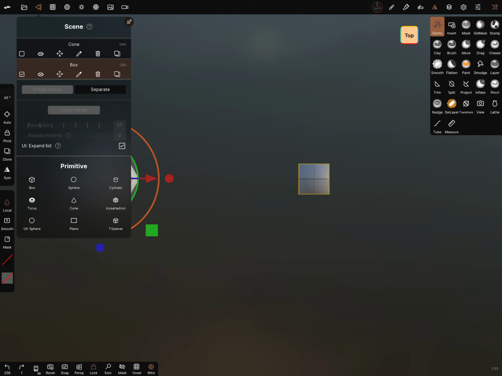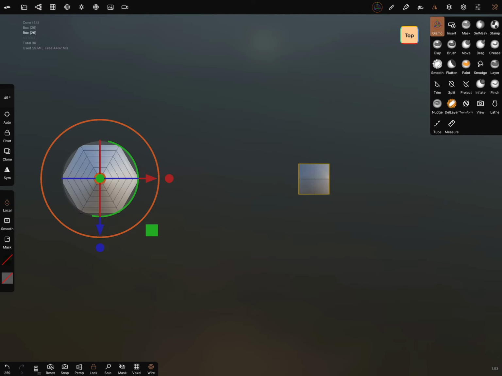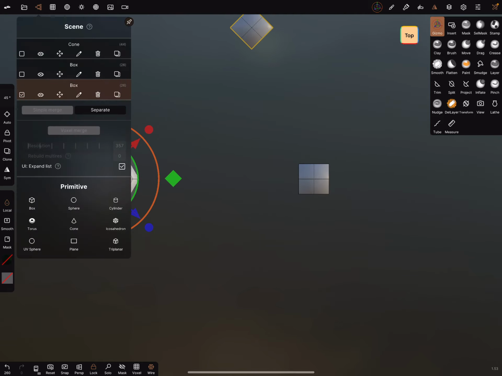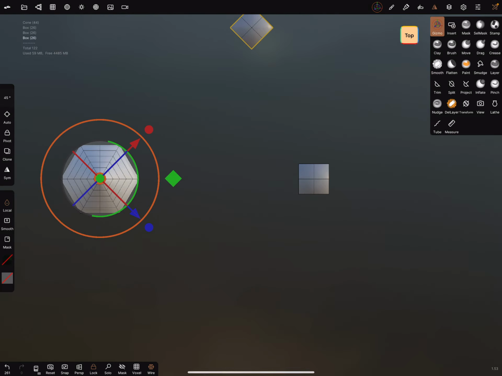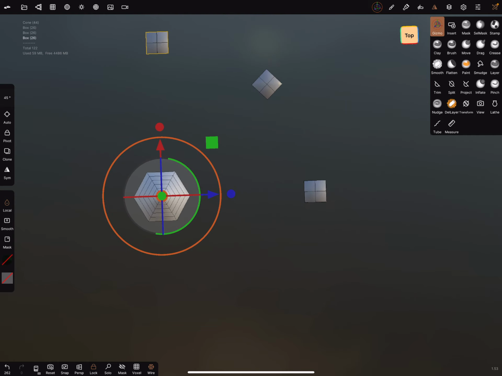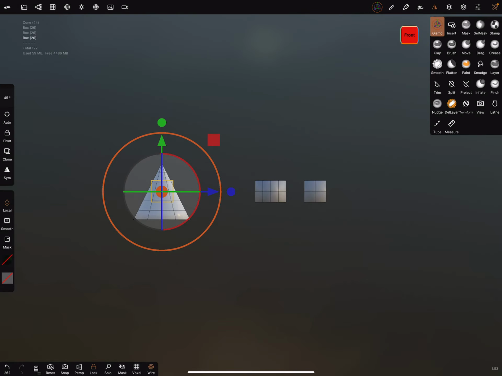around the center point. You can duplicate it and then you can make rotations. And always check the views.